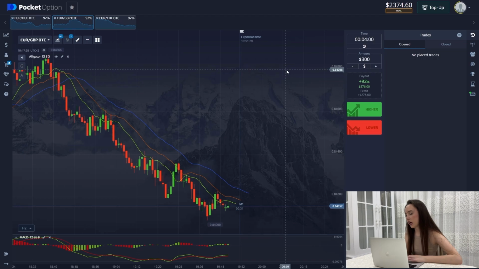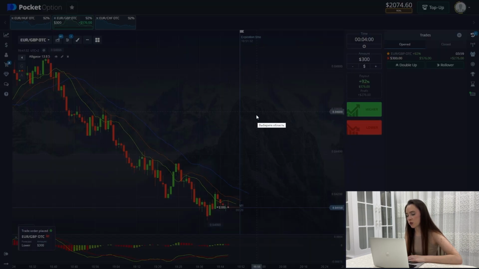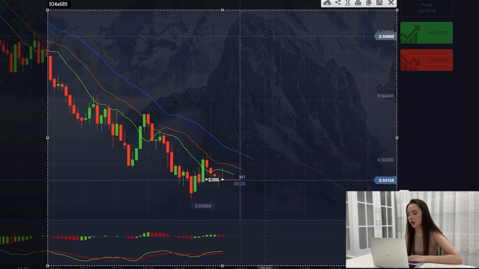$300. In this case, it's better to open a deal on a downside, as we observe on the indicator alligator that all lines are directed downwards and the blue line is on top. All these together tell us about the price decrease. Also, on the indicator MACD, we see that the main line is likely to cross into the signal line from top to bottom. And this is just a signal to sell. And let's